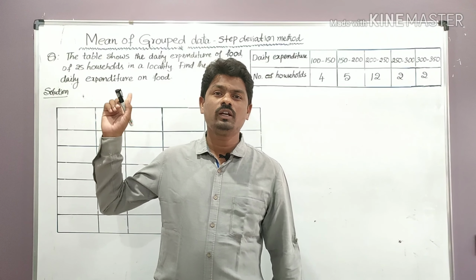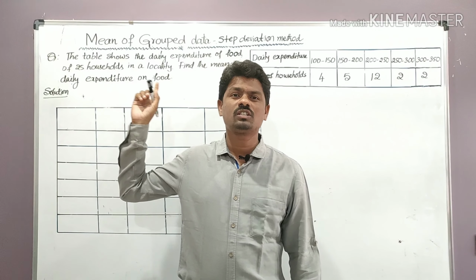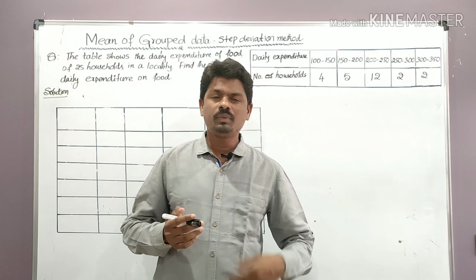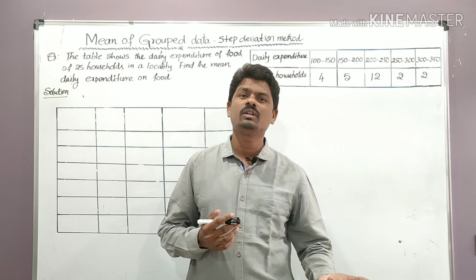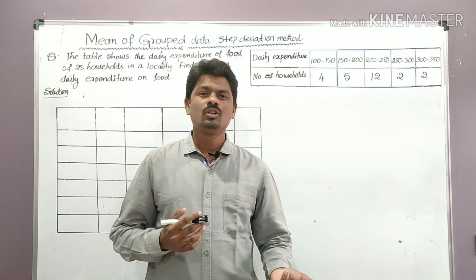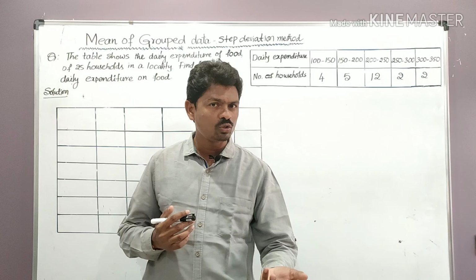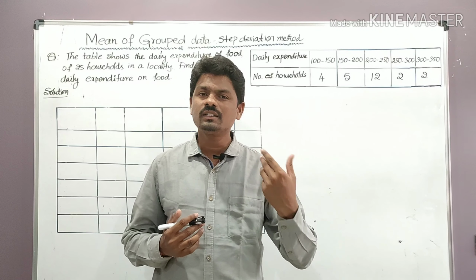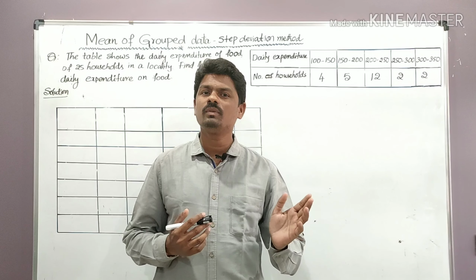Today we are going to learn about statistics part 5, finding the mean of grouped data using the step deviation method. In the previous class we learned to find the mean of grouped data using the direct method and the assumed mean method. Students, if there are larger values in the given data, it is not easy to multiply them, and it takes more time to multiply. So hence in the assumed mean method,